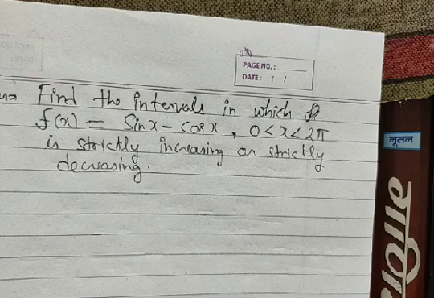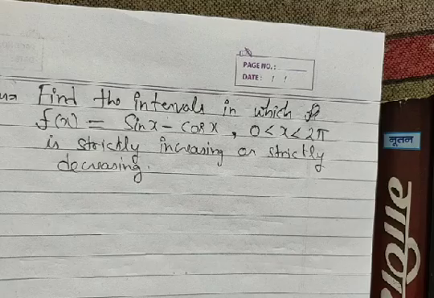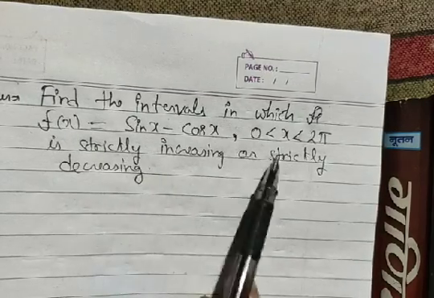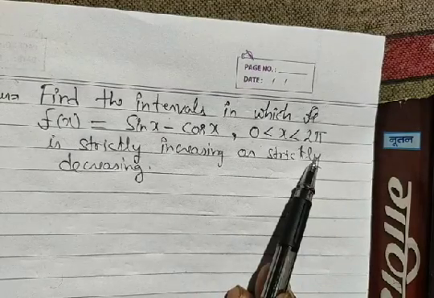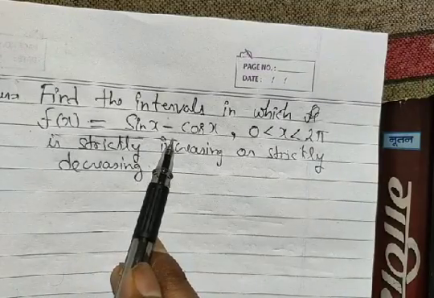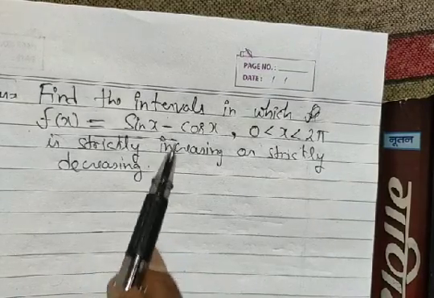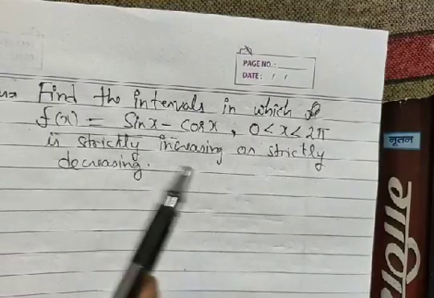But here the given function is in trigonometric form. In the trigonometric form, we are not going to find our values on a real line. Now we are going to get the intervals. We have to find our points in the region 0 to 2 pi, so we have to consider the intervals. That's why I'm going to take one problem with trigonometric functions. It is also a very important problem, and it is also asked in board examinations.